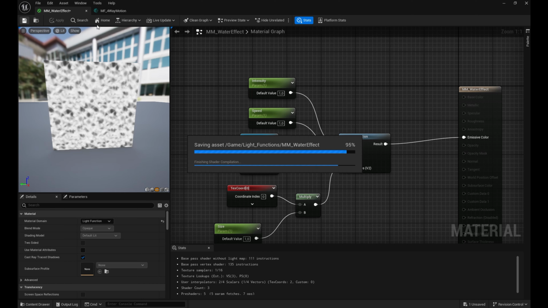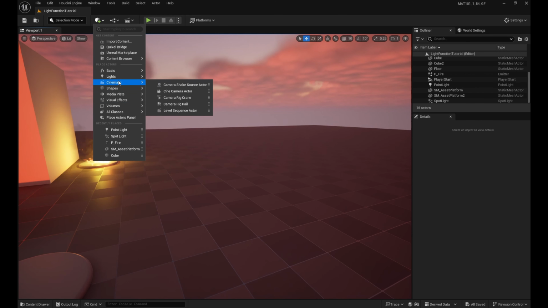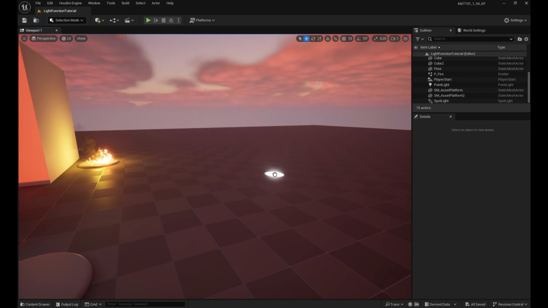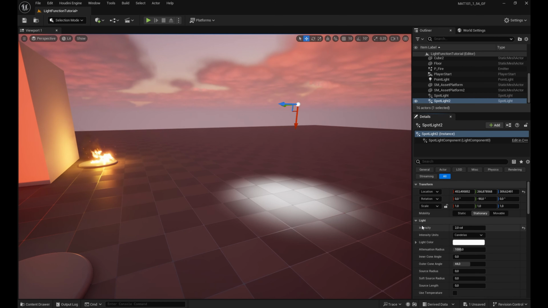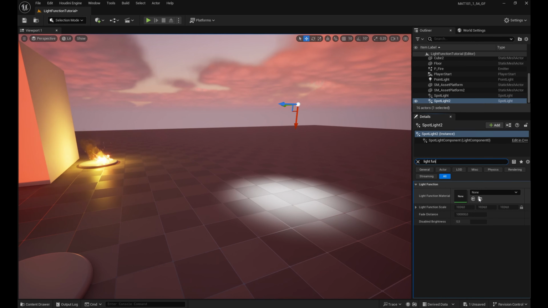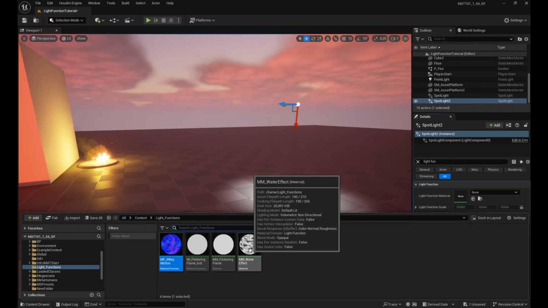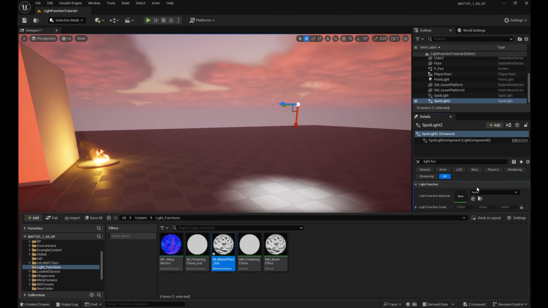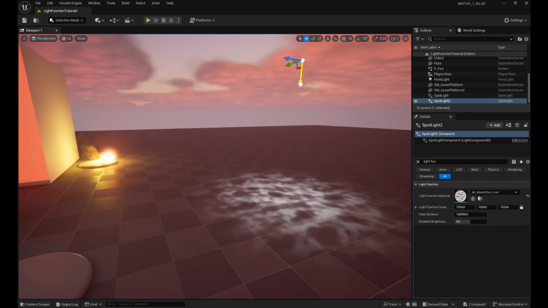And finally, we can now test it. Let's add a new light. I use spotlights for this effect. Let's reduce the intensity to maybe 2. And let's type here light function. And I forgot to create an instance, so let's create a material instance. We'll call it MI, which stands for material instance, and we can apply this one to this slot. And there you go, you have your water effect